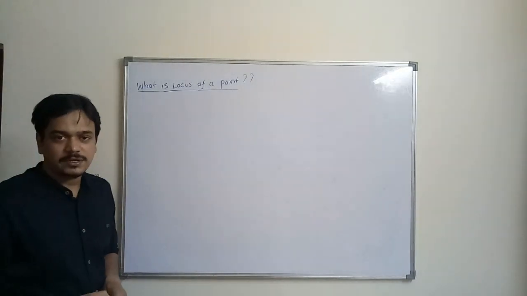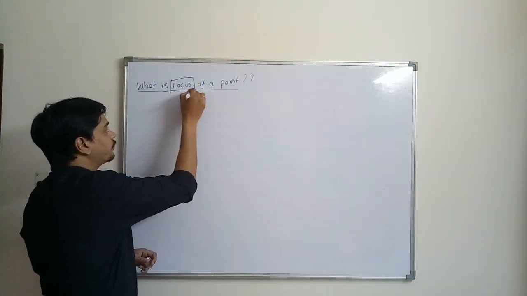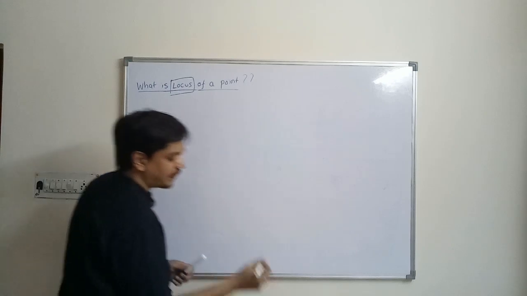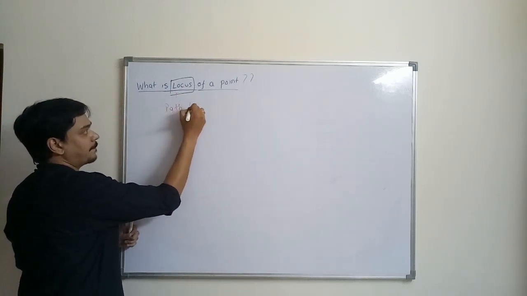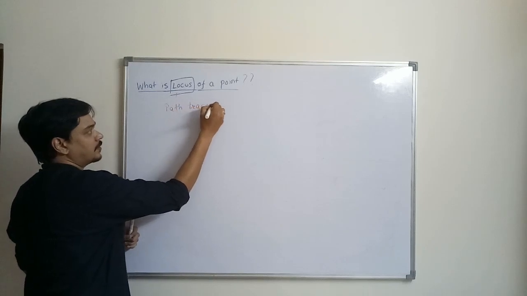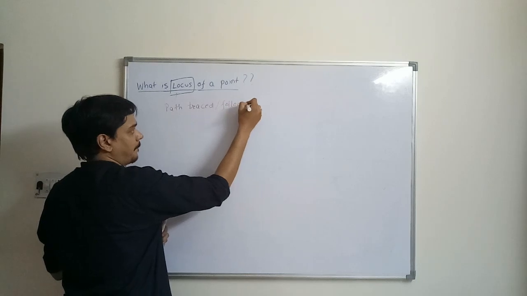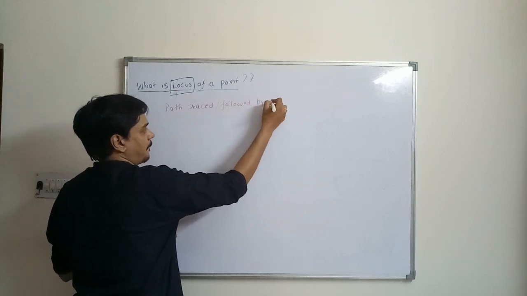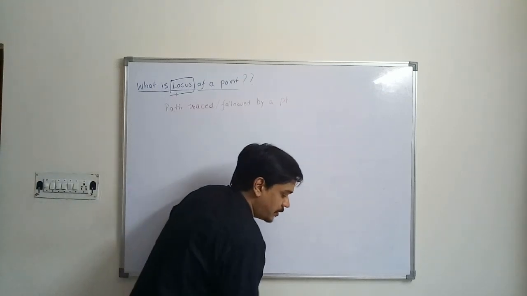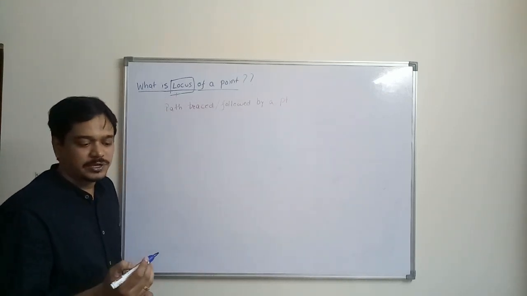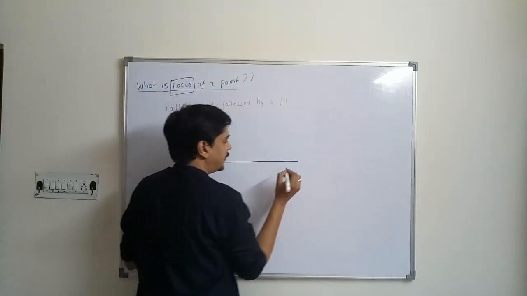So now we will see what the locus of a point is. Locus is nothing but a path traced or followed by a point. If we consider the example of projection of lines, if we take the condition